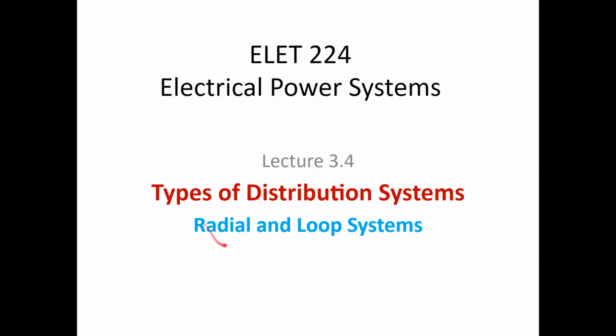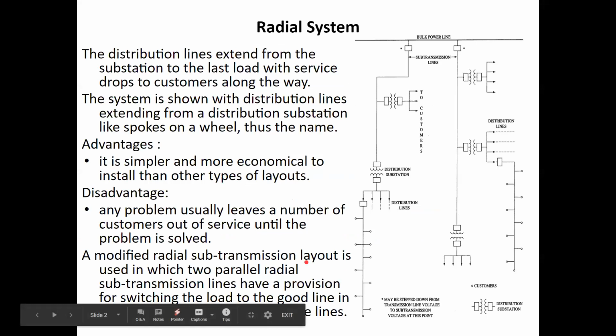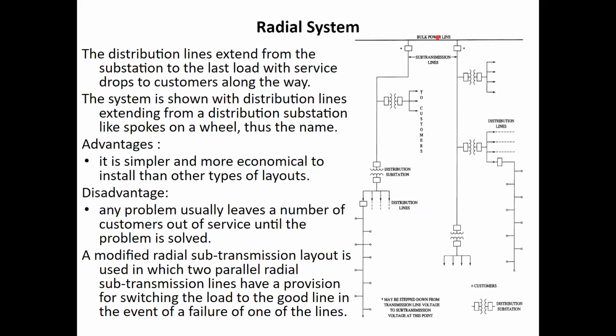The lab which you did is based on the radial system. Okay, we will come to that. This picture is an example of a radial system. You have a bulk power source. This can be a power substation or a power plant. From there, the primary will start. There is a substation here which will step down from transmission level to sub-transmission level, and this sub-transmission line is going like this, and it will end up in